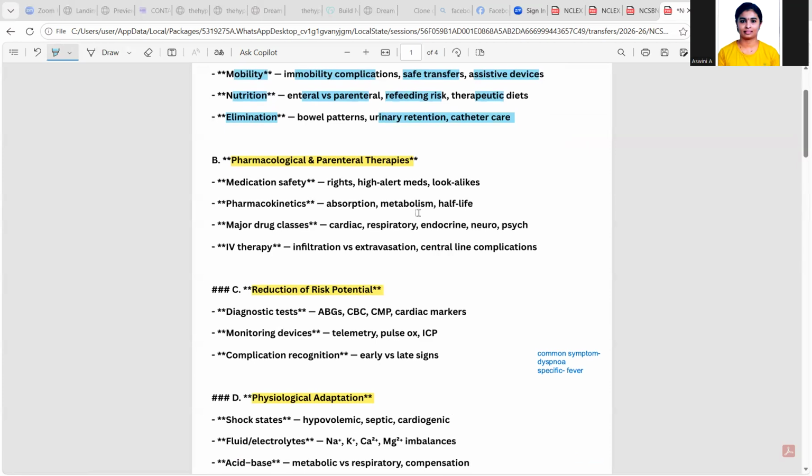So next criteria is pharmacological and parenteral therapy. We know all the pharmacology related, that means the drug related questions. That means the five rights of the drug administration. We know that before administering any drug to the client, we need to cross check. Okay, what are the five rights of medicine administration? Do you remember? Right route, right drug,